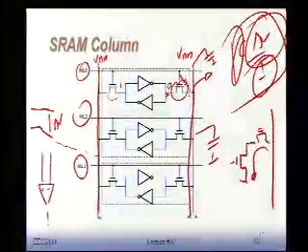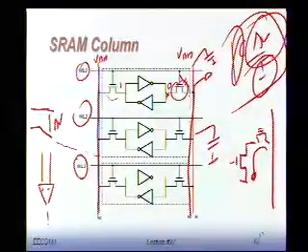Write is you put the bit lines 1, 0 or 0, 1, and then you force the cell into a certain position. And the read is you precharge your bit lines to VDD, and then you let one transistor pull one side down, the other one stays at 1. You amplify it, bingo, you have your bit out. Okay? Now,